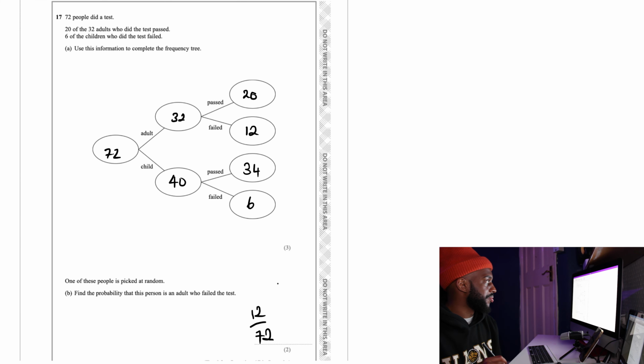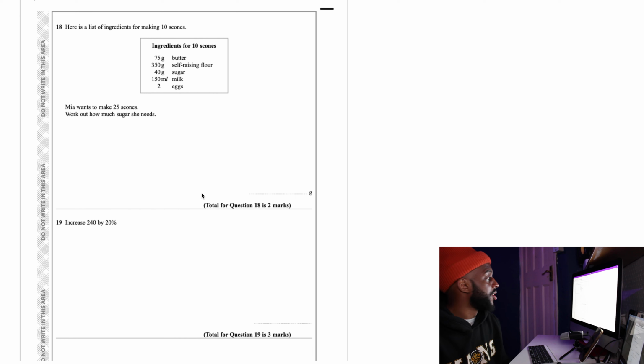And that's it. Okay, we've got a recipe question. Here's a list of ingredients making 10 scones. Mia wants to make 25 scones. Work out how much sugar she needs. Well, you can see this ingredient list is for 10. We need to make 25. So if you look at